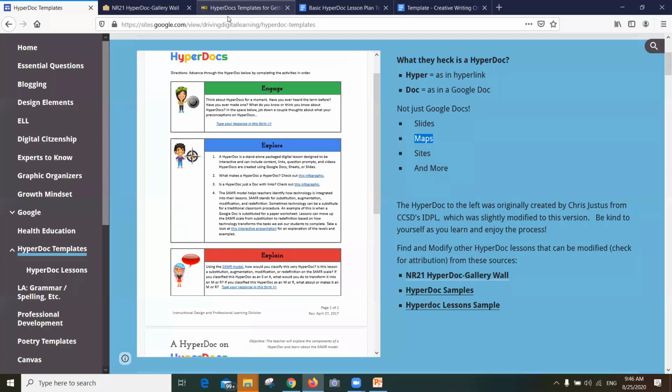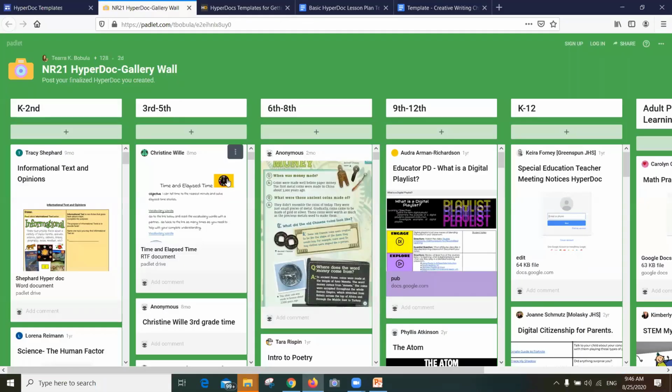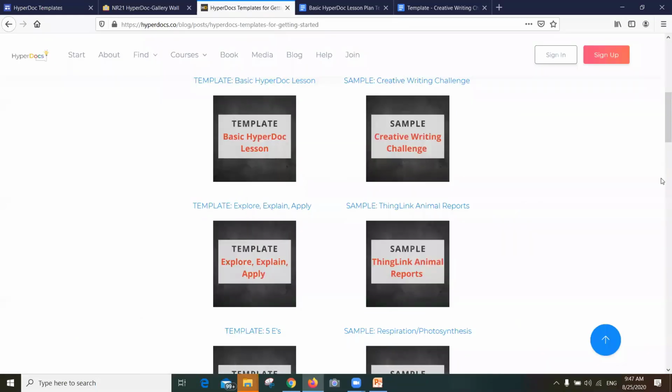It gives you, as you can see here, many hyperlink documents that other teachers have already prepared. You have from K to second grade, third and fifth, sixth and eighth, all the way to 12. You have all these hyperdocs that you can actually ask the teachers to use. Or you can simply go to Hyperdoc,